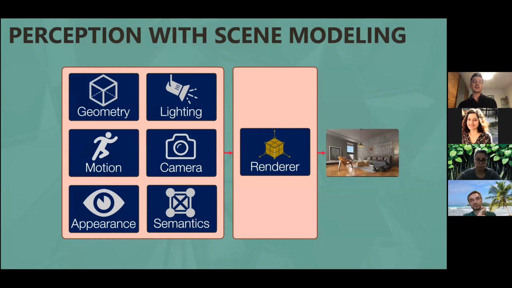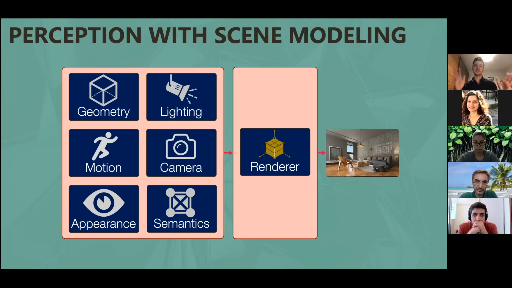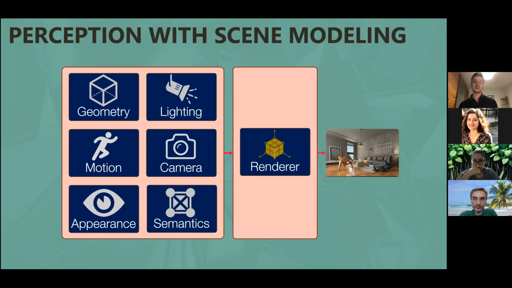In this sphere, one big idea that I've always worked on, and what I've also just described in this talk, is defining machine perception as almost like an inverse process. So the idea is if you can model each aspect of 3D digital reality carefully, for example geometry, lighting, motion, cameras, appearance, and some scene semantics as well. And if you can also have a machine learnable rendering process so that you can go from a scene definition to an image, then you can also define the inverse process. Basically, you can go from projections back to the parameters of these models that you've defined. So this is the whole idea.